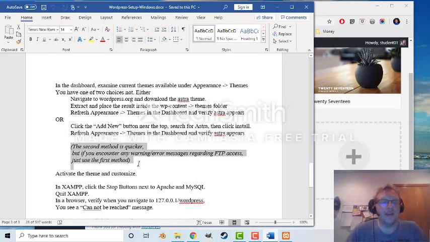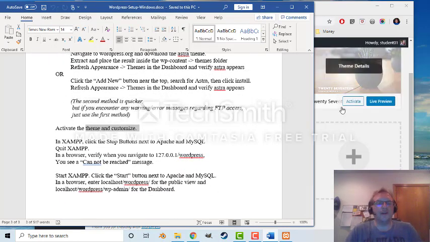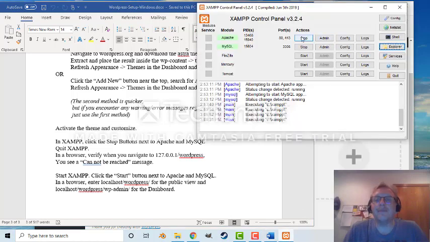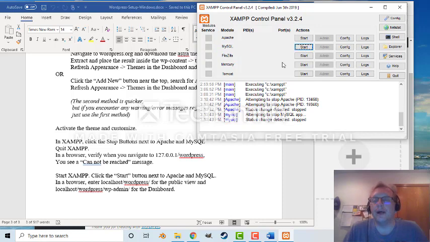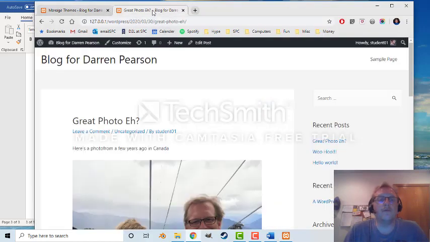So I just did this second method. So I activated it and customized it. We'll do some more stuff here. But when we're done here, it's always a good idea not to leave your server kind of running all the time. So I'm going to go into Xampp, and it's just a matter of stop and stop. Clicking 2 buttons. We've quit running Apache, and our database has quit running. And we can prove that if I just go right here and hit refresh,